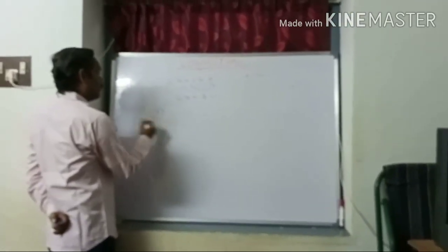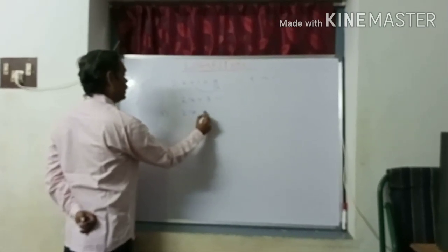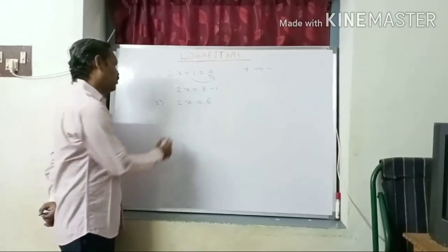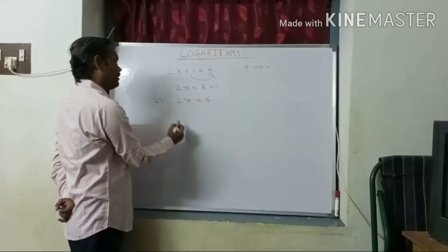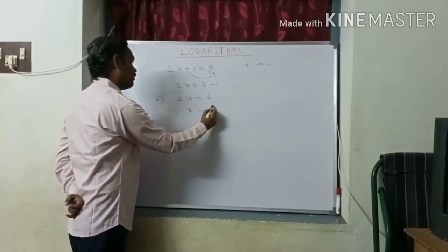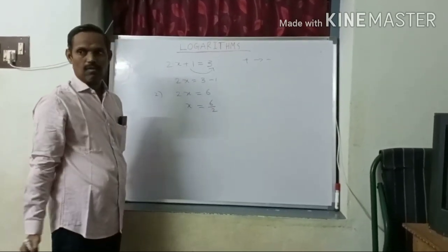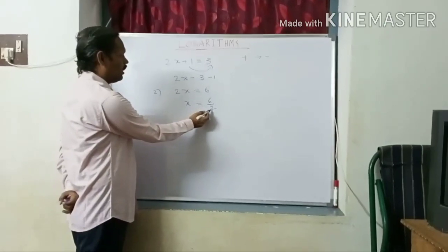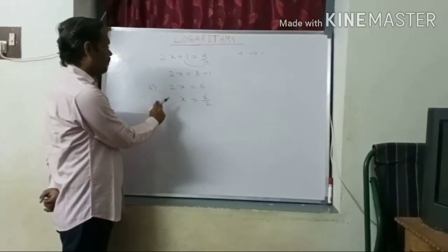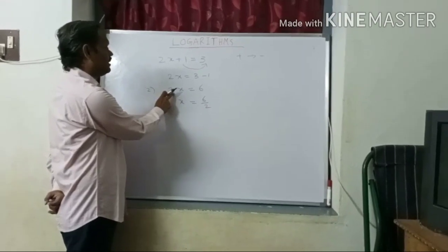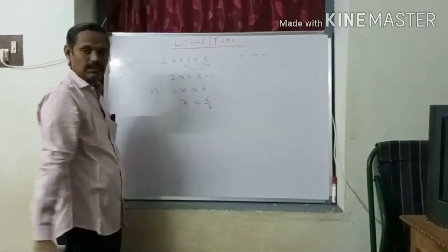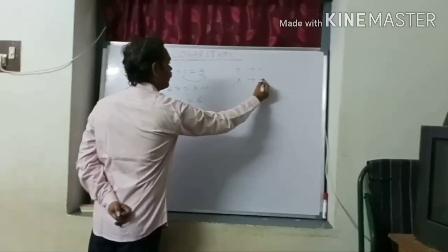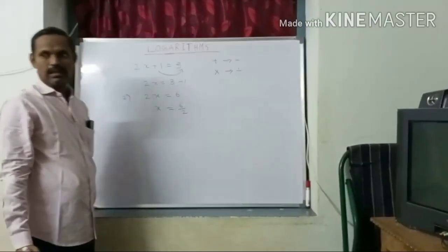We will go through another example. For example, 2x is equal to 6. This is another simple equation. If you transpose the coefficient of x to RHS, it becomes x is equal to 6 by 2. Here 2 is undergoing multiplication, and here 2 is undergoing division. That means if multiplication is transposed to RHS, it becomes division. So in the transposing process, multiplication is converted to division.